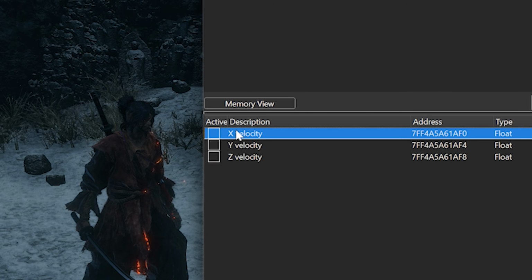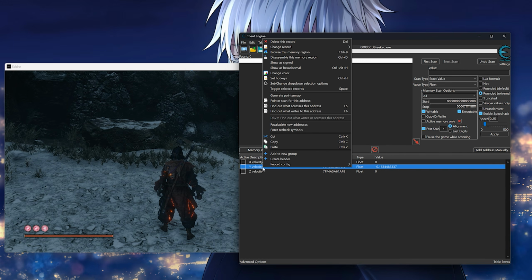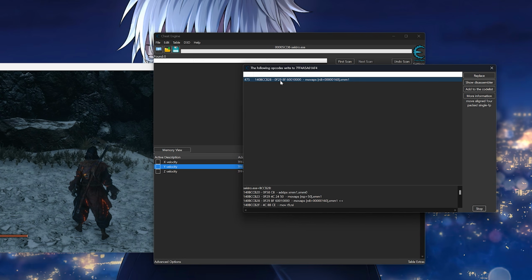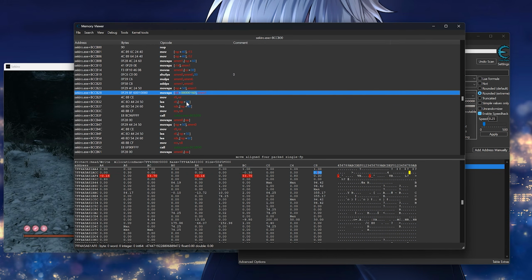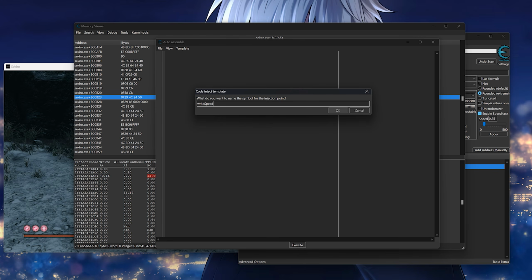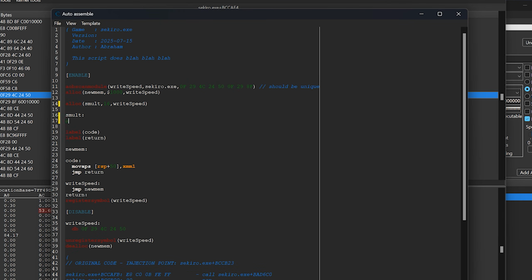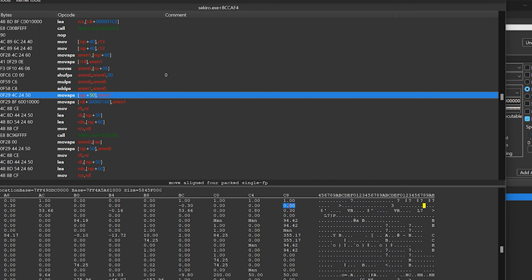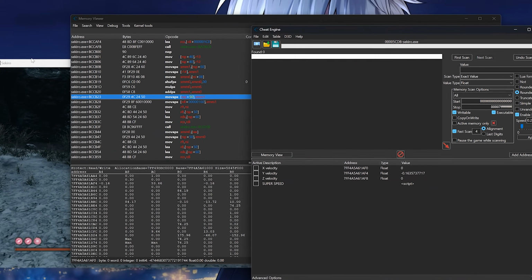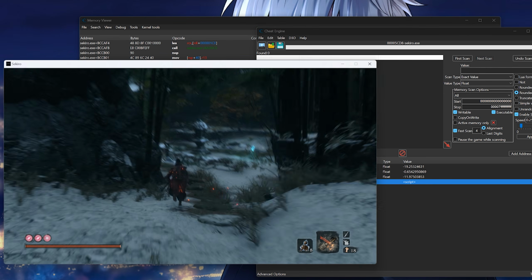Having the velocity values in the address list means we can modify their behavior however we want. As a quick example, we can attach the debugger to find out what writes to this address, then we disassemble the code and use auto assembly to attach AOB injection script. Here we modify a script behavior, adding a multiplication of these values, and finally assigning the script to our Cheat Engine table. Done. And inside the game, if we enable this script, our character will now start moving fast, like